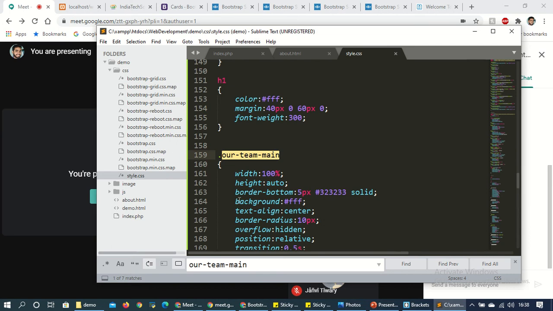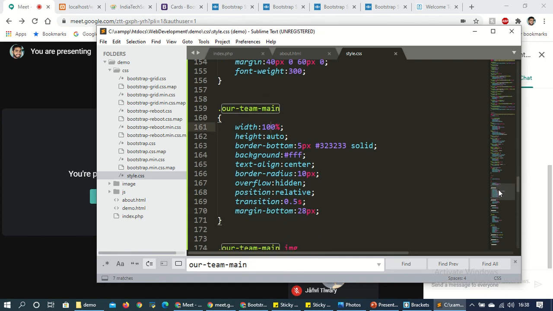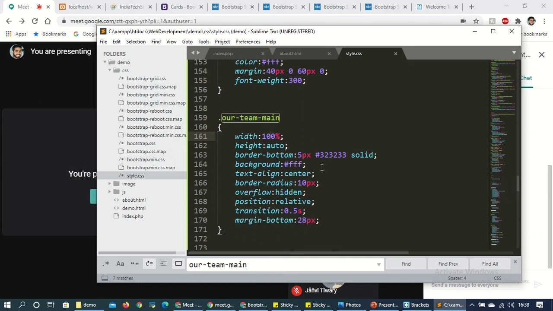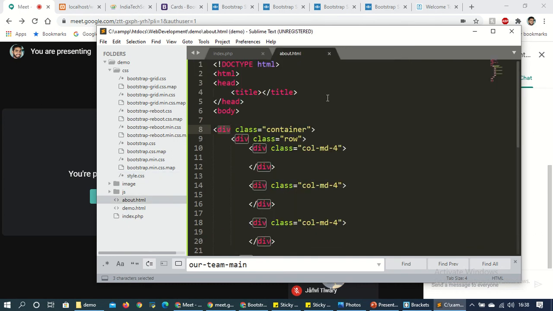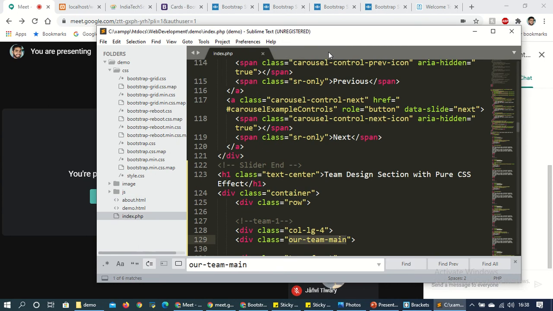Yeah, our team main. So this is the class created by that user. Okay, so we can also make changes in this class. So like this we can create. If the source code is already given, there is no need to write it from scratch.